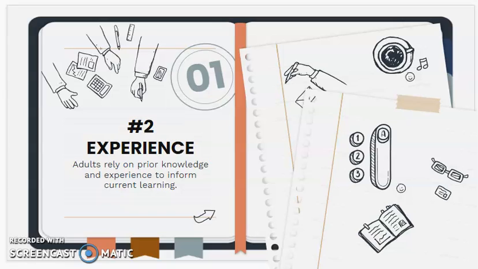Adults' experiences heavily shape how they see themselves and assist in the creation of their personal identities. These experiences serve as their main resource for learning. As such, it assists adult learners when content is attached to previous experience and existing knowledge. By activating prior knowledge and experiences, learners are better able to apply prior knowledge and integrate that new knowledge into